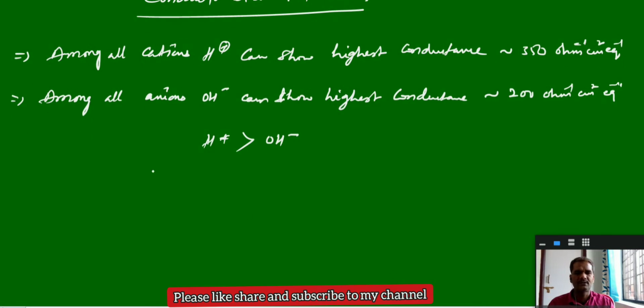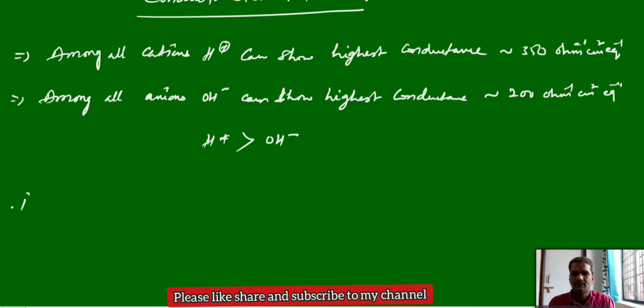Come to the conductometric titration. In this titration, we will see how the conductance values vary with respect to H plus ions and OH minus ions. Mostly we will take up acid-base titrations here. In the neutralization reaction, when H plus ions and OH minus ions combine, the number of H plus and OH minus ions decreases, so the conductance values decrease. Then when they reach the end point, you can see a sudden increment in the conductance values, due to further increase in the H plus and OH minus ions. That gives the end point, which we sometimes call the equivalence point.